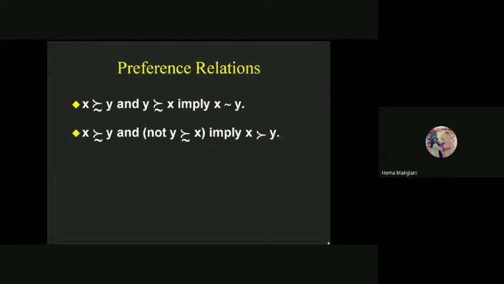Preference relations, these we have also covered. X is revealed preferred to Y, that is the weak ordering, because X is also as good as Y. So this is the sign of as good as Y, but still X is revealed preferred to Y. Similarly, this can also be rewritten like this. So finally, our preference relation is this.